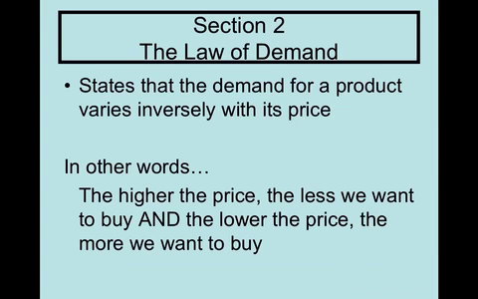And if you think about it, it makes sense, okay? That the demand for a product varies inversely with its price, okay? So basically, the higher the price of something, the less we are inclined to buy it. And the lower the price of something, the more we want to buy. And again, that makes sense, right? Why do we shop at a sale? Well, because it's a little less. Why do we tend to buy more things when the price goes down? Well, because they cost a little bit less, okay? And so there's exact reasons for that we'll get to in a minute, but this is the law of demand.